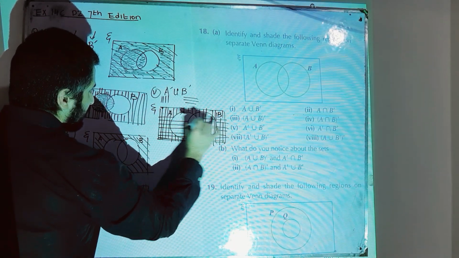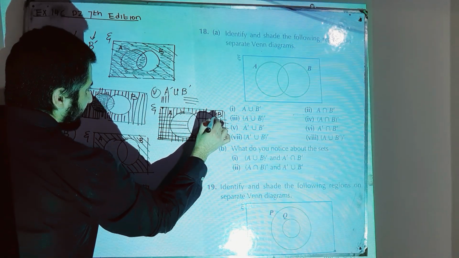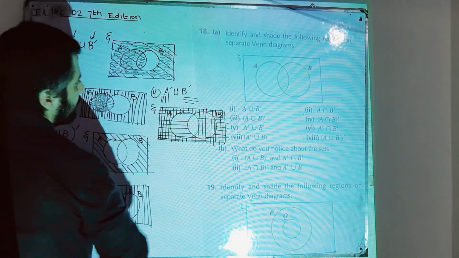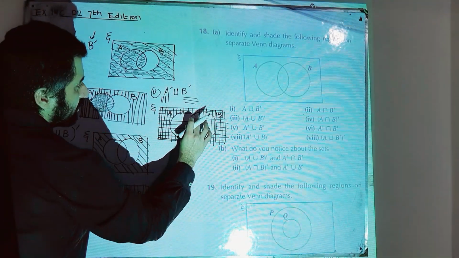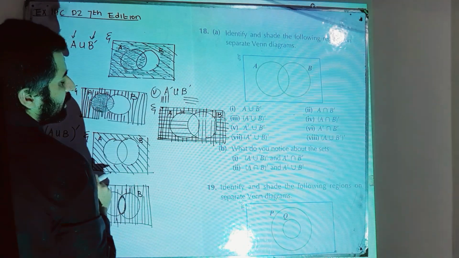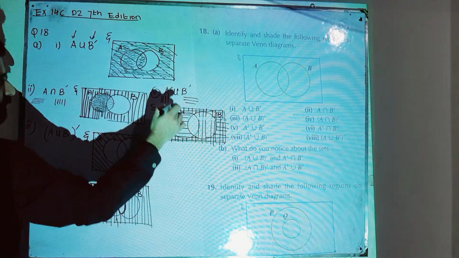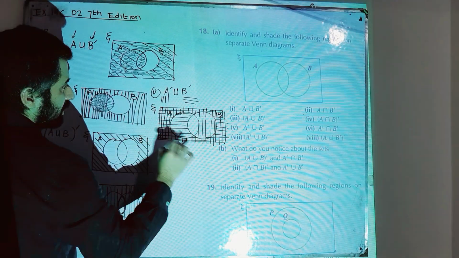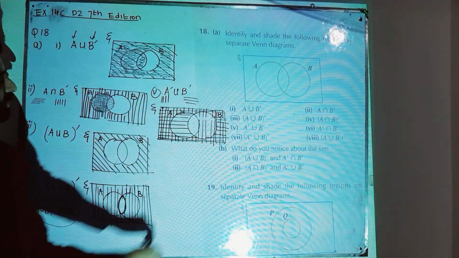You can observe vertical lines are not passing through B. Not B. Okay, like this. So vertical lines are not through B, and they shouldn't be here. Horizontal lines cannot pass through B. Vertical lines that represent A complement will not pass through A.